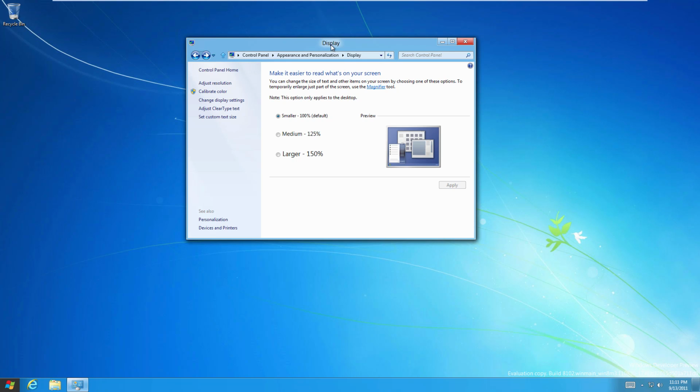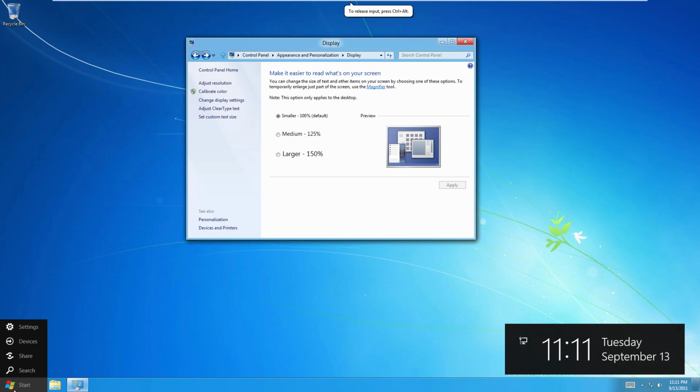You'll notice that it looks very similar to Windows 7. However, all of the window titles have been centered, just like the modern version of Windows 8, and the Windows Start button down here looks more flat. And if you mouse over it, you get this where it says Start, Search, Share, Devices or Settings, which is